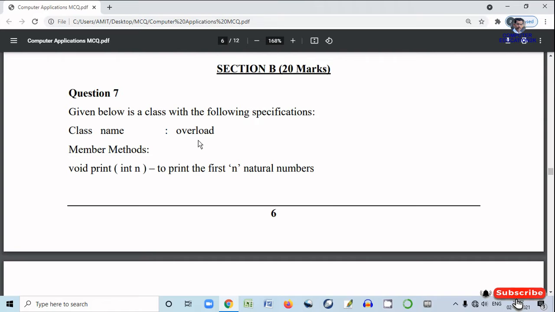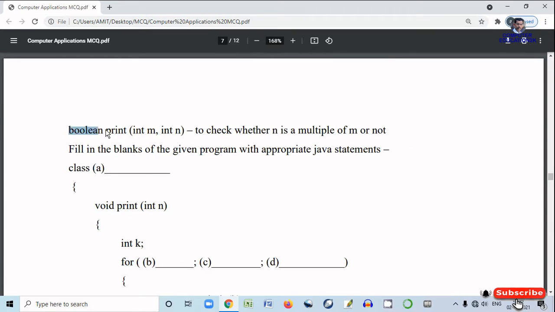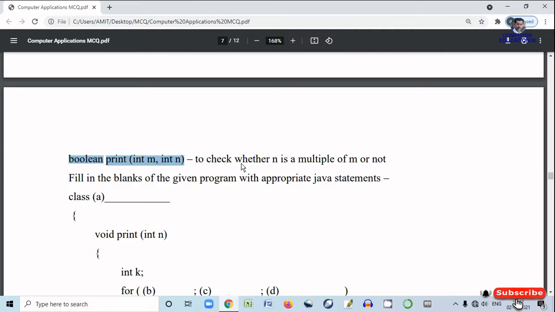Class name is overload, member methods void print(int n), and this method will print the first n natural numbers. Then boolean print(int m, int n), and this function will check whether n is a multiple of m or not.